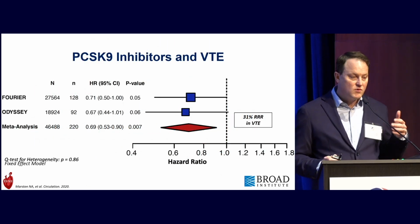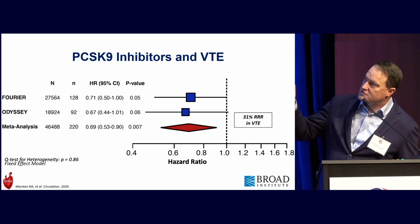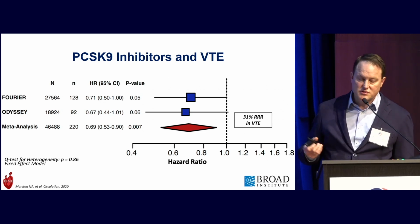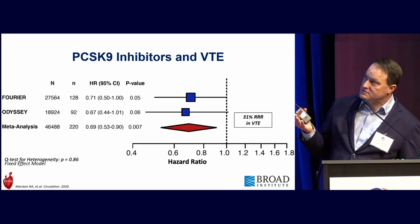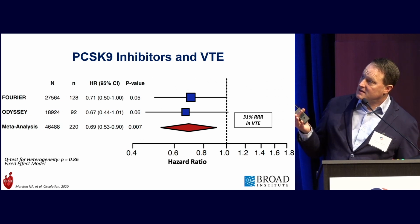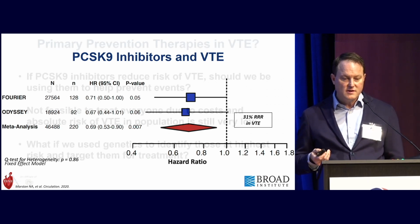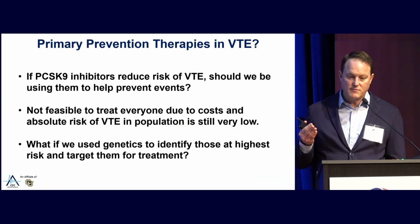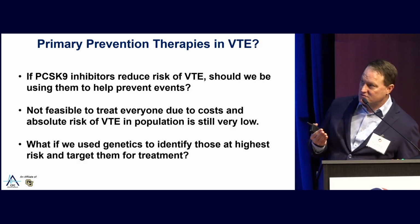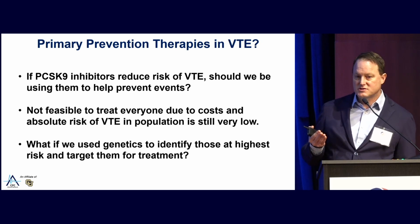So what is the clinical implication to this? Well, I've talked to you about PCSK9 inhibitors. There have been 2 large trials that have shown that PCSK9 inhibitors reduce the risk of venous thromboembolism. Statins do too. But you can see that the numbers are low, and this is a relatively infrequent event. You would never prescribe, if you will, a PCSK9 inhibitor for venous thromboembolism prevention because the absolute risk reduction is just so low. But maybe you could enrich and find a subgroup of patients where the risk is high enough